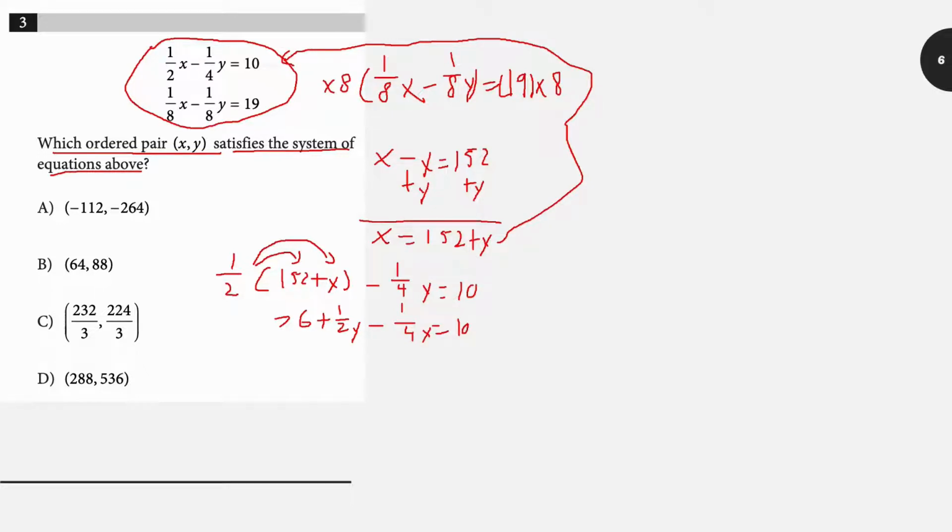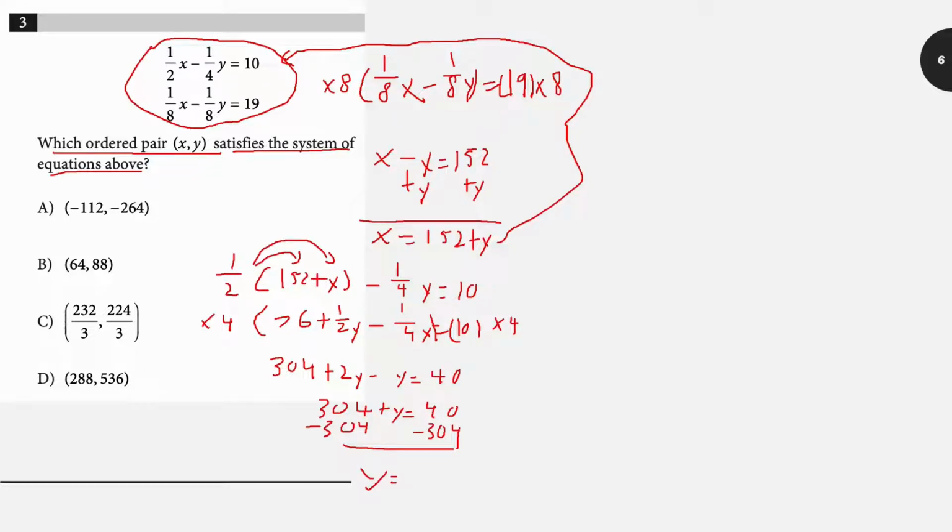What you want to do now is multiply both sides by 4 to get y, basically. So you get 304 plus 2y minus y equals 40. You combine like terms, you get 304 plus y equals 40. And then you can subtract 304 on both sides, and you get